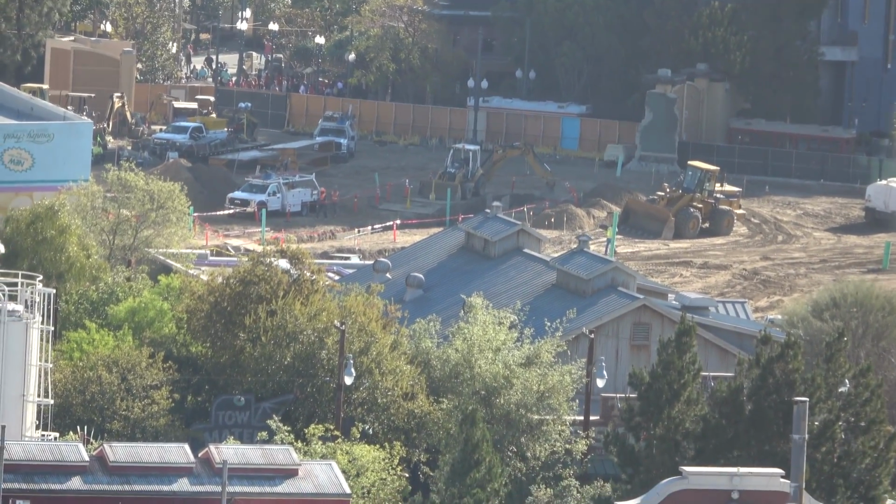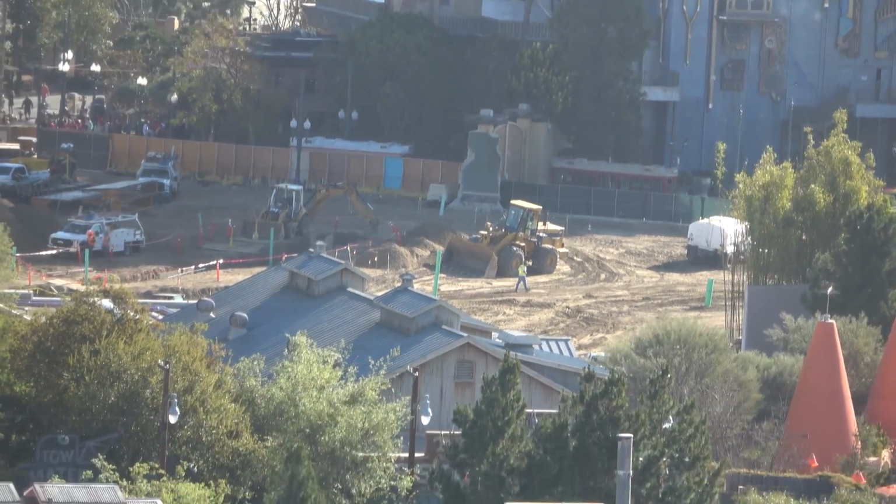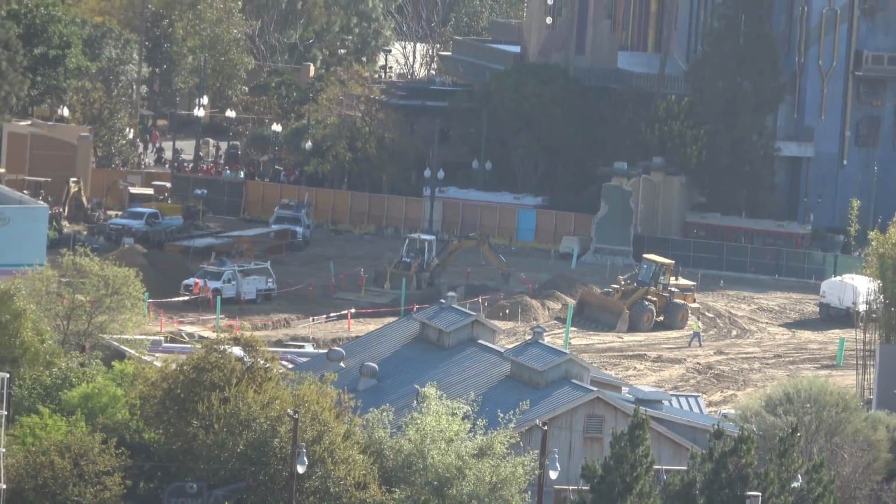There's a guy. There's got one guy. Why am I... There's nobody ever working when I do these. Just got that one guy walking through the dirt. Don't really know what he's doing or where he's going, but